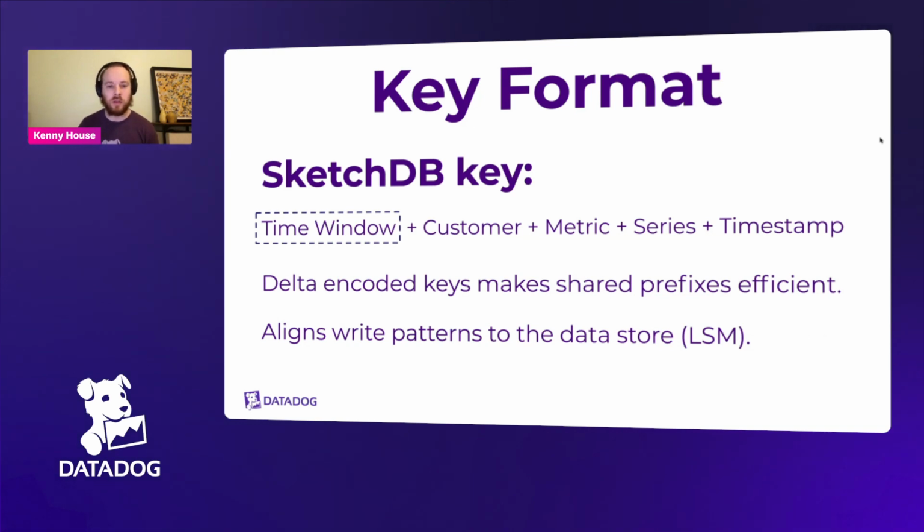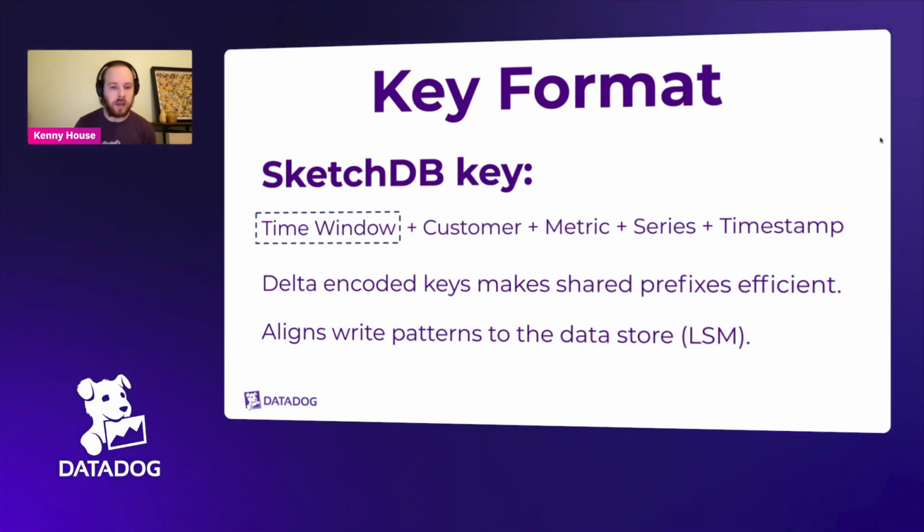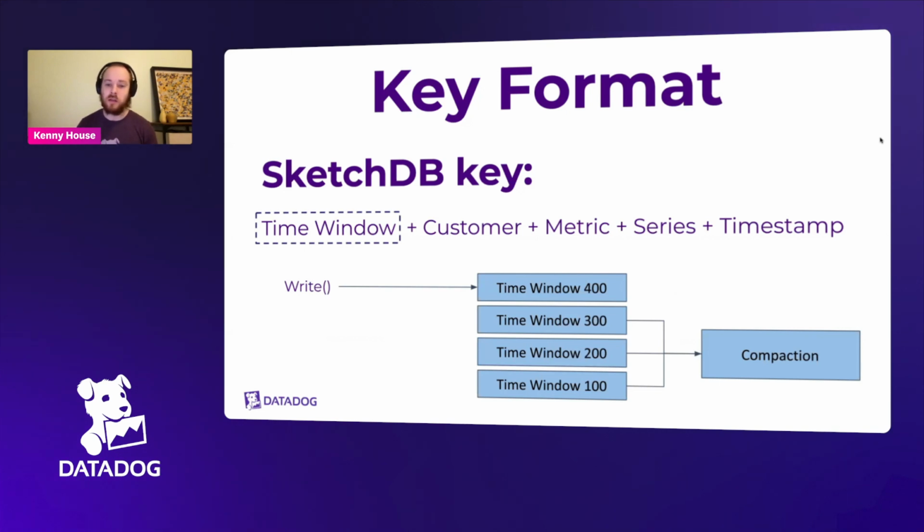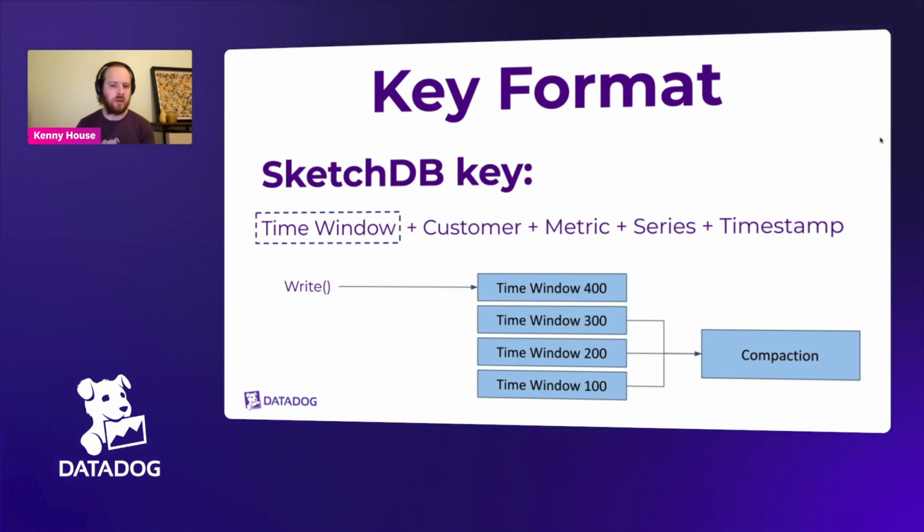So what this time window allowed us to do as well was to align our write patterns better to what RocksDB was doing under the hood. Let's see, if we jump to the next slide, we can kind of see. So most data for SketchDB is going to be written to the most recent time periods. So these time windows allow us to make sure that most data is being written to a time window with the same key prefix. That means that in the background, RocksDB is able to work on all of this other data with different key prefixes